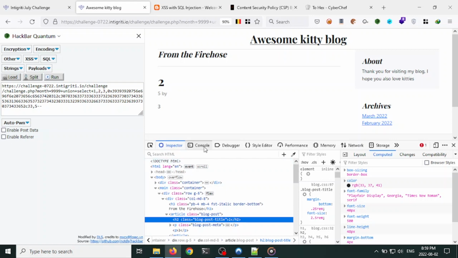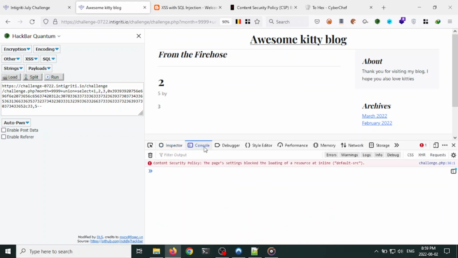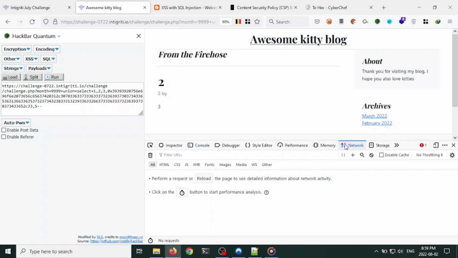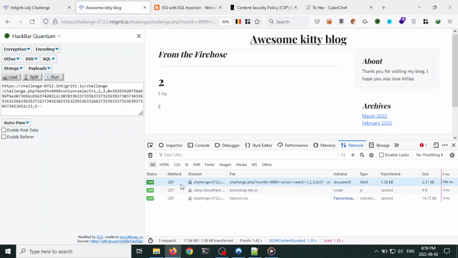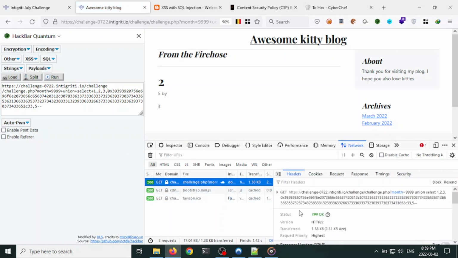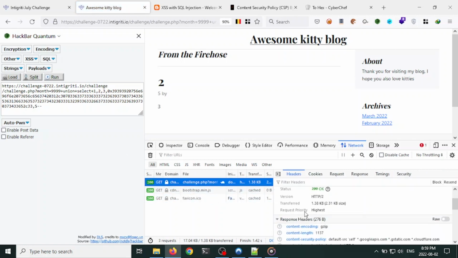If we go to the console, there is a content security policy that prevents the execution of our script. If we go into the network tab and refresh the page, in the response header,